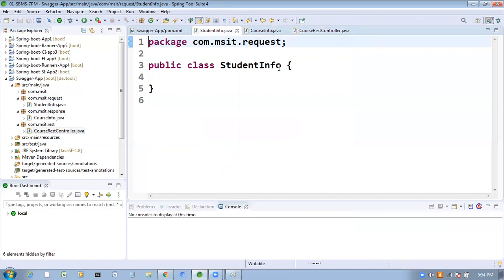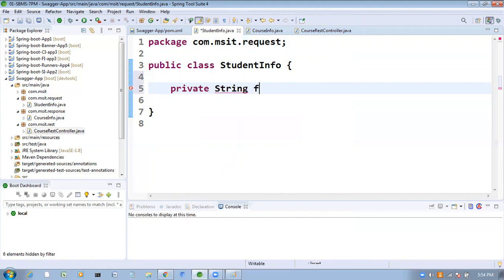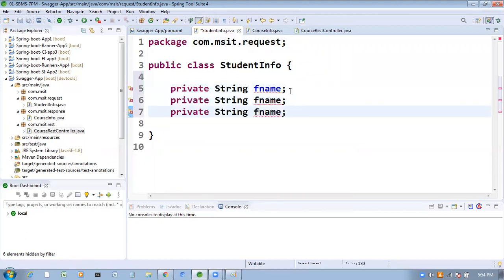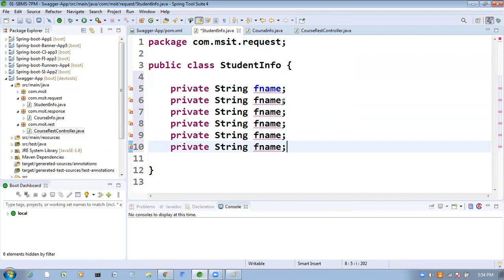Here I'm going to add some properties: private String firstName, private String lastName, and next one mail id, next one contact number.